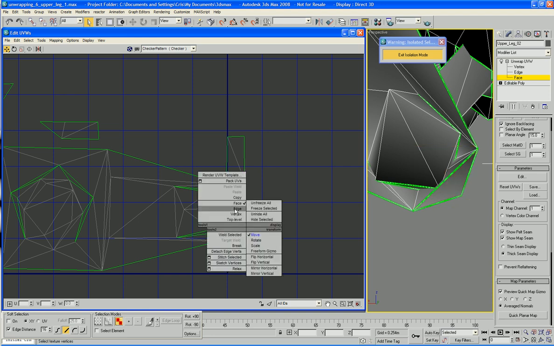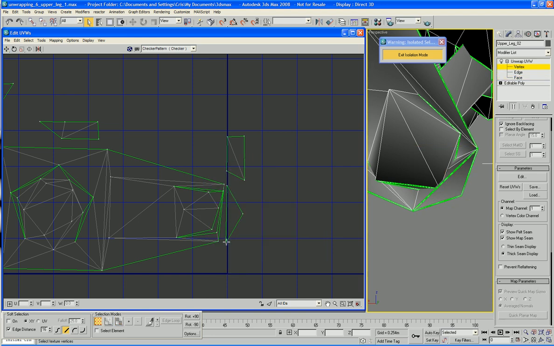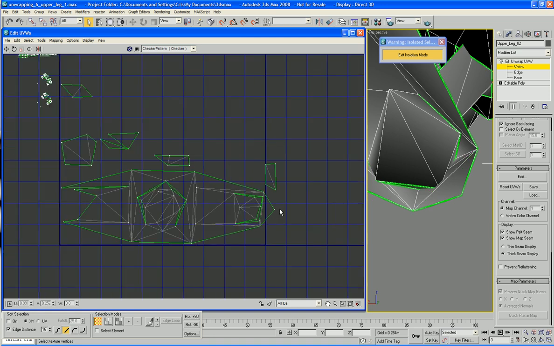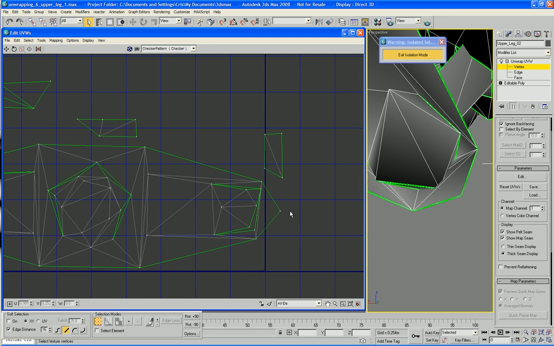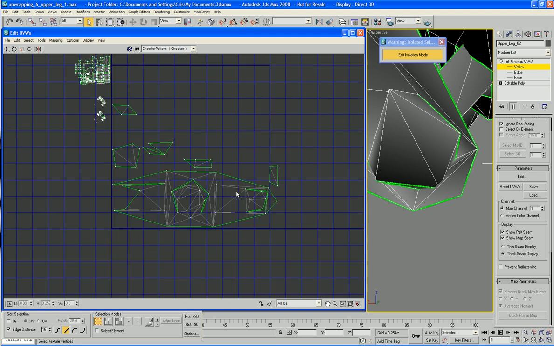Okay, vertex mode, target weld. Okay, starting to get there. We see all these green bits. They're not good. We don't like the green bits, so